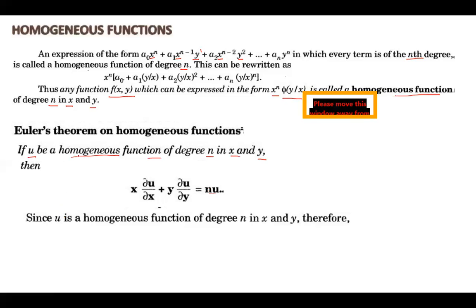Okay, let's see the proof of this theorem. To start with, what is the given condition we have? We have the condition that u is homogeneous. Now, if u is a homogeneous function of degree n in x and y, it can be written as u is equal to x to the power n f of y by x. Here we need dou u by dou x and dou u by dou y, so we differentiate this expression partially with respect to x and y. Let's see what we get.